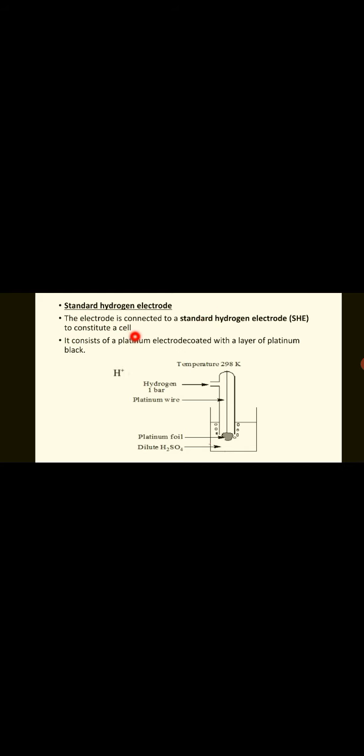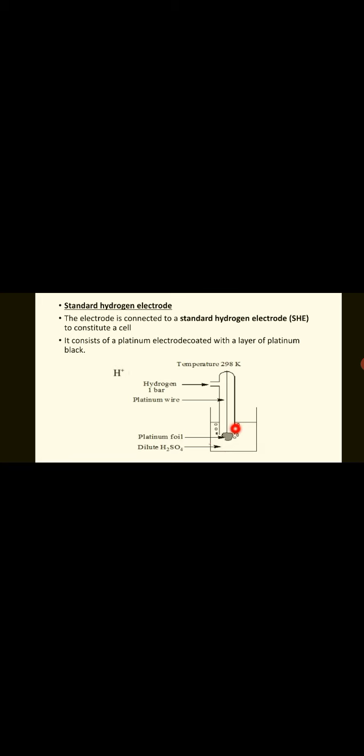The standard hydrogen electrode acts as a half cell whose voltage is 0 volt. It consists of a platinum electrode coated with a layer of platinum black. This is a beaker in which dilute H2SO4 solution is taken and its concentration is 1 mole per liter